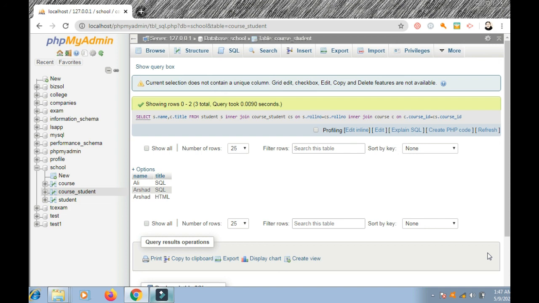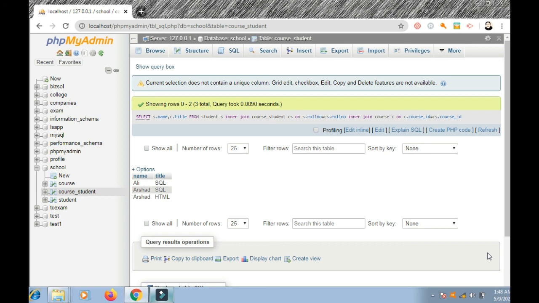Okay, and now if I press semicolon, this is the query for the inner join. There is left join, there is right join, there is outer join, there is inner join. There are many different kinds of joins, but we are using inner join for the unique rows. Okay, this is a many to many relationship, and we are using this.